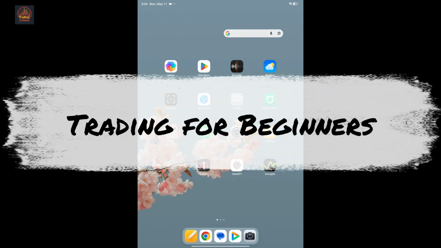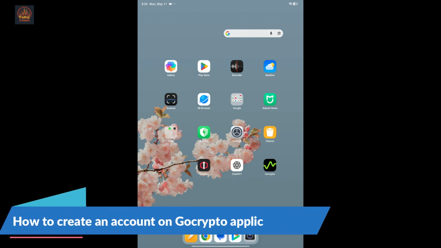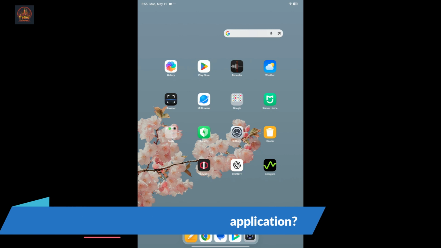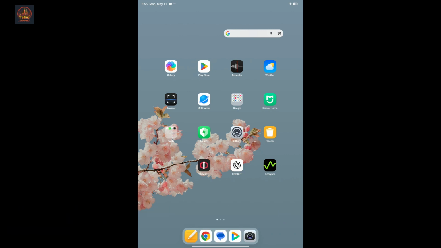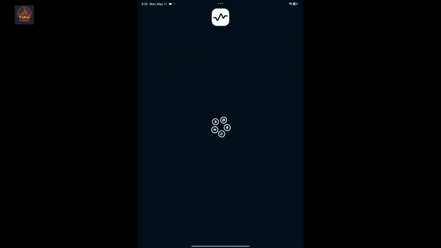In this video, we are going to be learning how to create an account on GoCrypto application. If you are looking for a way to create a new account and get started on GoCrypto, first of all, download and install the GoCrypto application from your Google Play Store or App Store and launch it. Upon launching it, you'll receive $5,000 capital you can start from, and once you accept it, you'll be taken